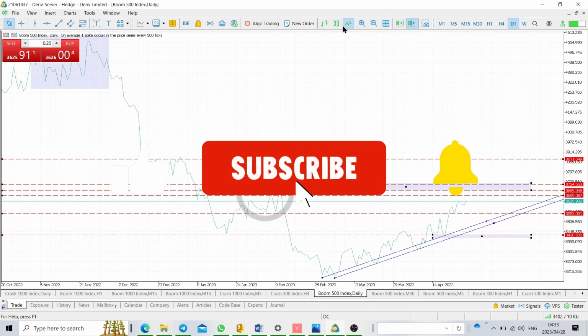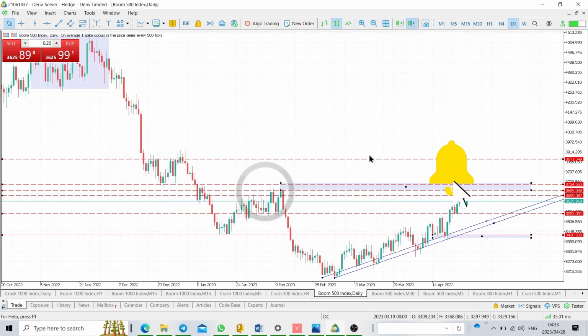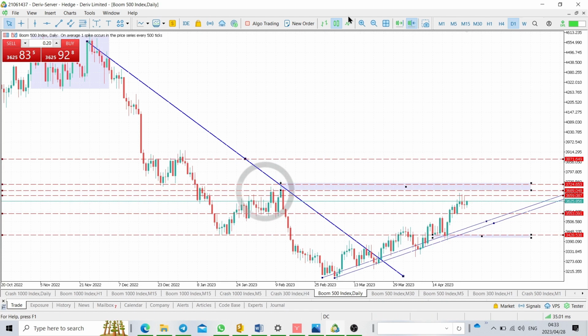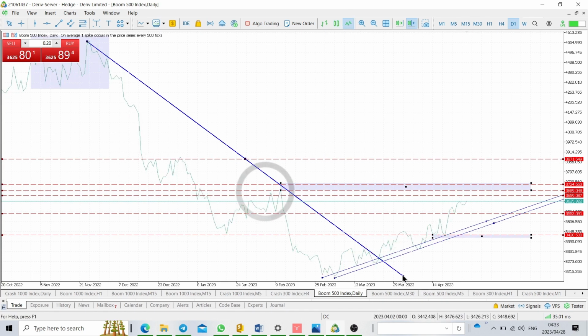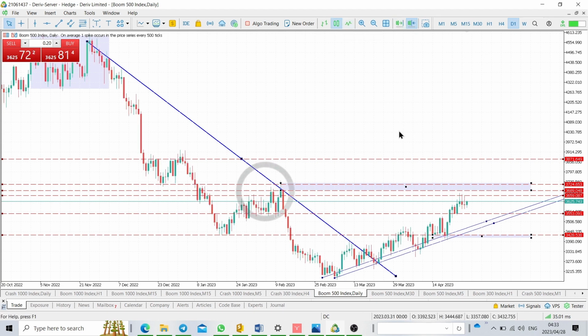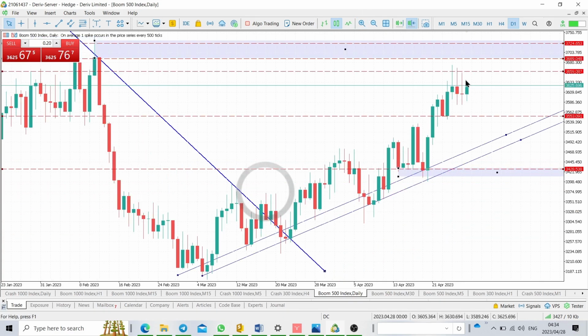Boom is a little bit tricky. I don't understand what Boom is trying to do, but we can see that Boom was moving down and it was able at this point to break. I normally use a line graph, it's more accurate, you can see the points easily. So it was able to break this trend line, and it's now moving up. It's now bullish. You can see the higher highs and the higher lows. It created a high here,